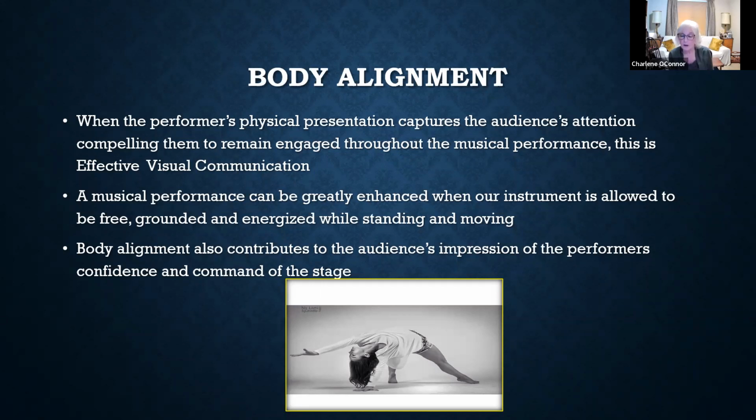If we have slumped shoulders, we're not really engaged. We're not really showing the audience that we care. So our body alignment is a very, very powerful tool, not only through music, but obviously through our visual communication. So what else with body alignment? We've kind of touched on this, but let's go back to what other kind of body alignment contributes to our performance.